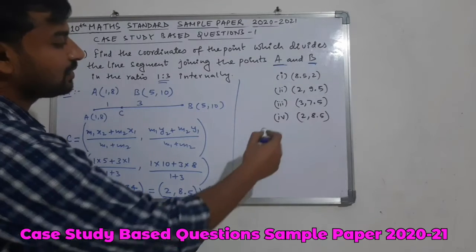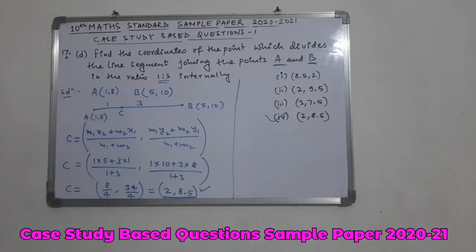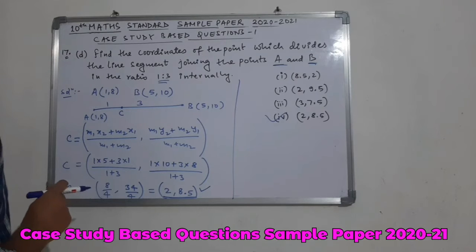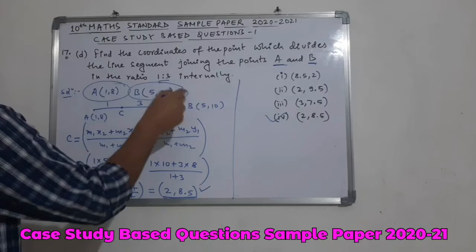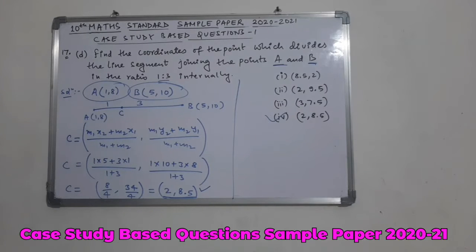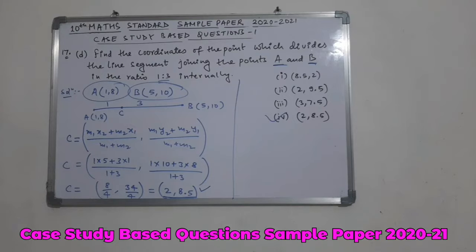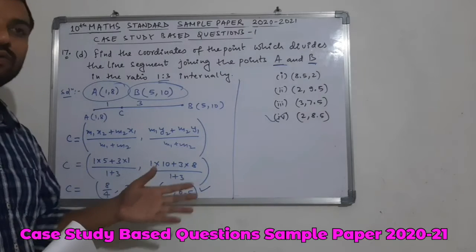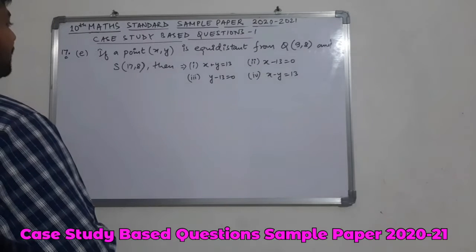So the correct option here is 4, which is again a very simple formula based question. So we can say these questions which are based on case study are not tough, but we have a concept here that we have to find the coordinates of the given points by using the graph. If you do not know how to find out the coordinates of these points, then you will not be able to solve the question. So let us come to the last question of this case study, question number 117.